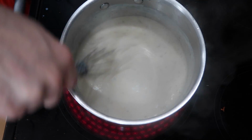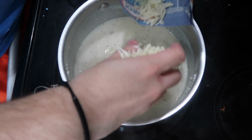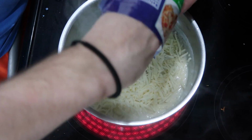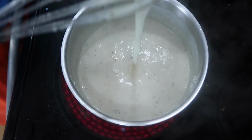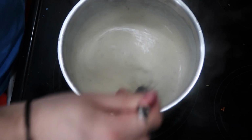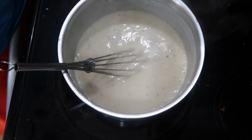Look at this. Oh my, that looks so delicious. And I'm also gonna add a big handful of mozzarella cheese. Oh, more than that. I think like that much. And mix that in. Oh my God, this looks so good. So I think it's done. It's gonna thicken a little bit as it stands, and then it's gonna be the perfect consistency for our nachos,